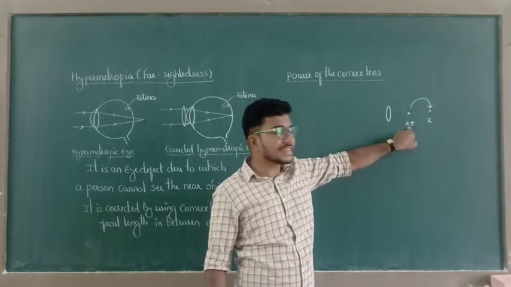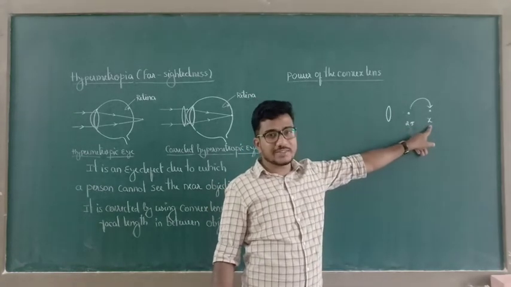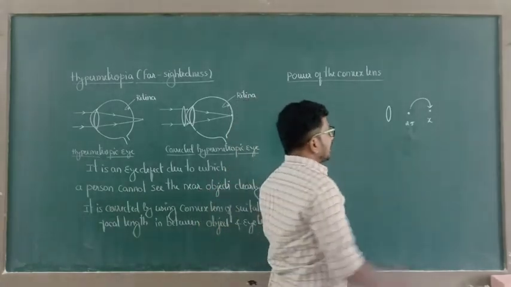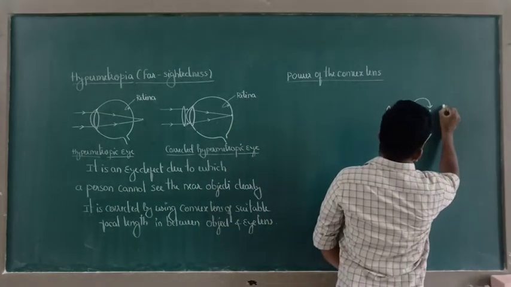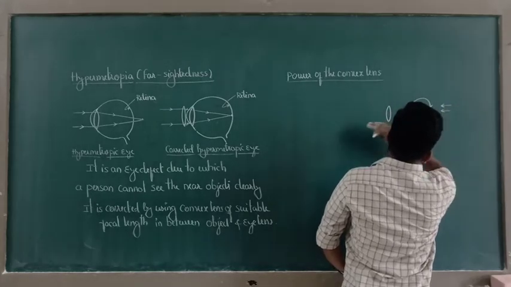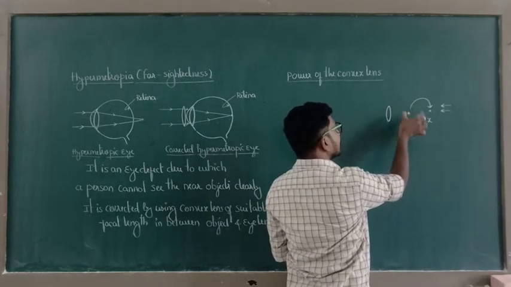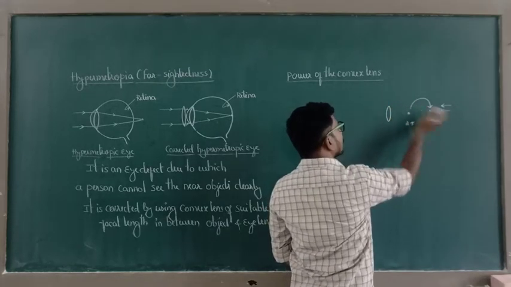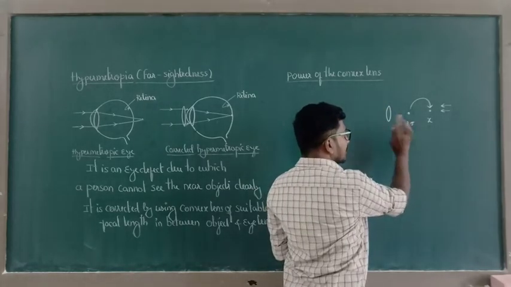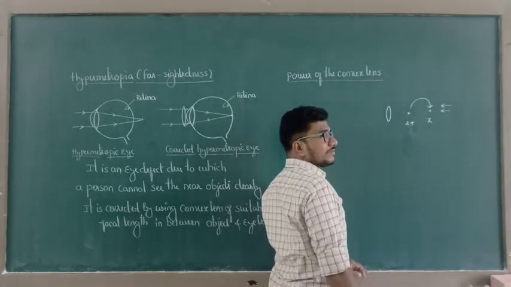Now this is the actual position. Therefore this is as like as an object distance. This is as like as an apparent position. It is as like as an image distance. Direction of light, right to left. All distances measured from the optical center. The distances measured in the direction opposite to incident light are taken as negative. Therefore this distance is also in terms of negative sign. This distance is also in terms of negative sign.